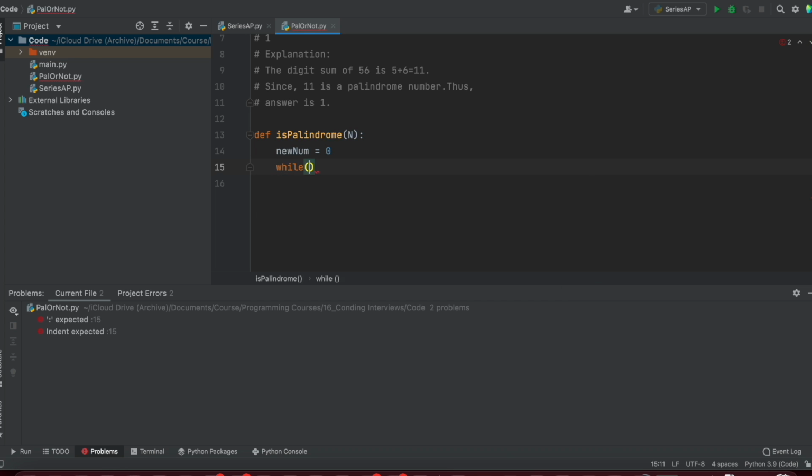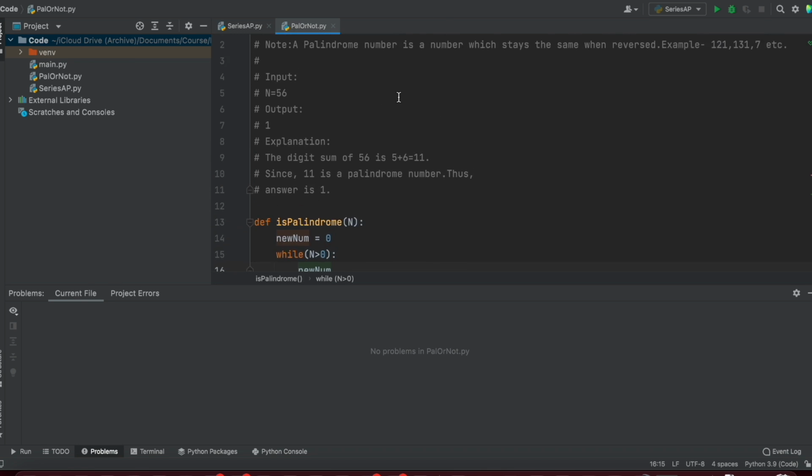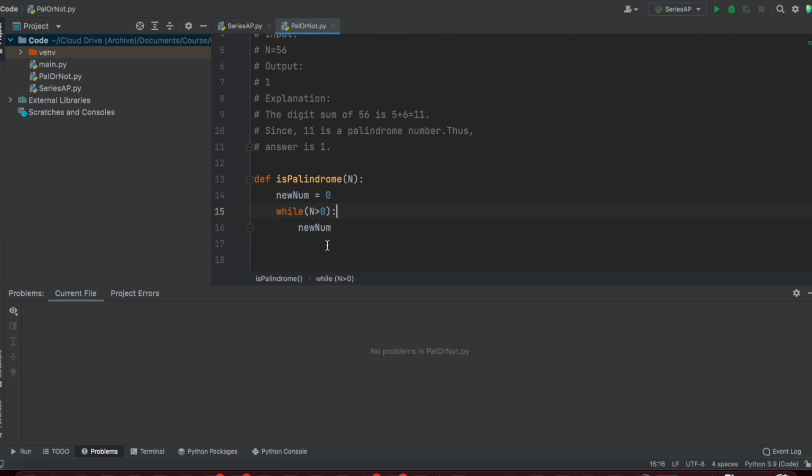So let's do while n is higher than 0. Okay, so here we'll make sure that we work only with positive numbers. And the first thing I would want is to remove the last digit of the number. For example, for 56, I want a new number that is equal, let's say, to 5. So here I will write new number. Remember, new number is equal to 0, and the new number is actually going to be the sum of all the numbers that are contained in the number that we pass to that function. But we need to do that iteratively. Okay, so while n is higher than 0, let's make new number plus equal n